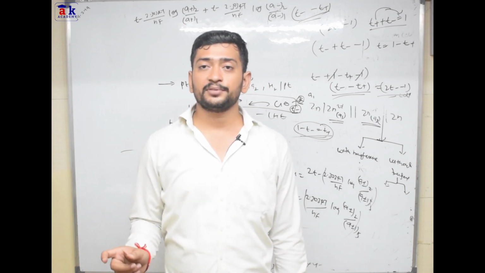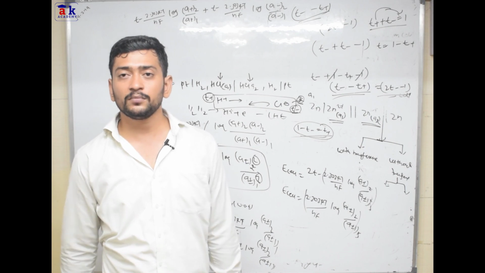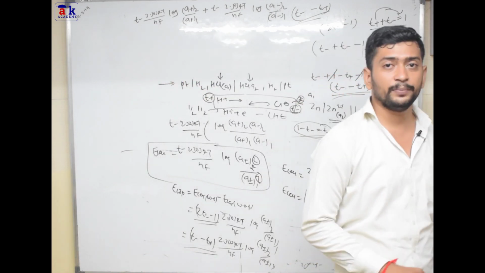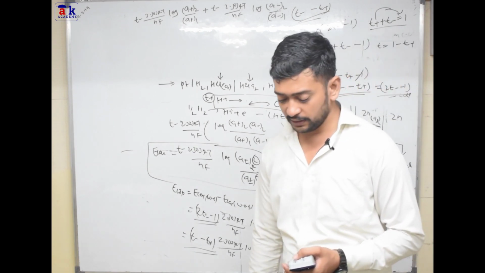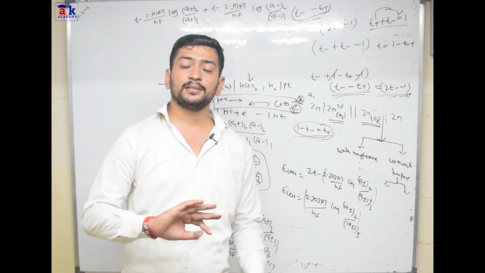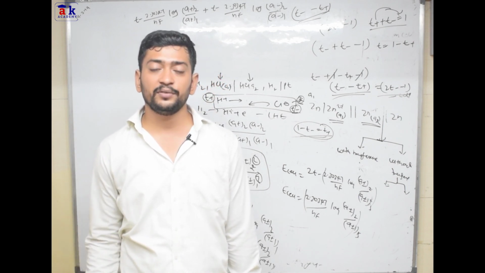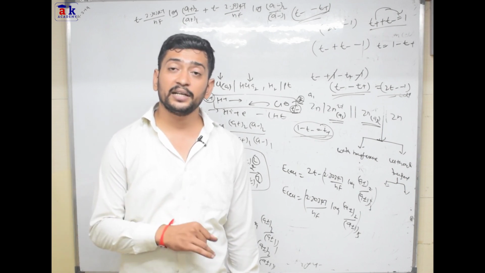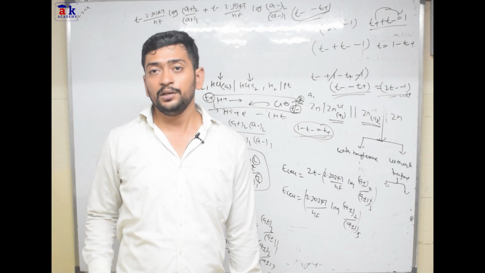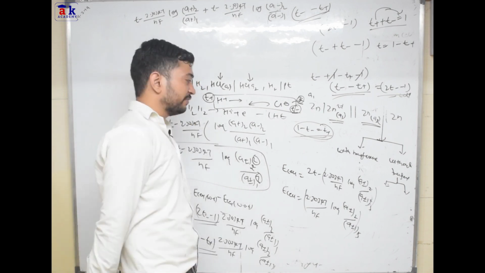We use those substances to make the salt bridge. For example, let's say KCl. KCl and ammonium nitrate we actually use to make the salt bridge. In that case the transport numbers of cation and anion are comparable. So that's why we don't get the liquid junction potential when we use the salt bridge. To avoid that, we use only these substances for the removal of liquid junction potential.